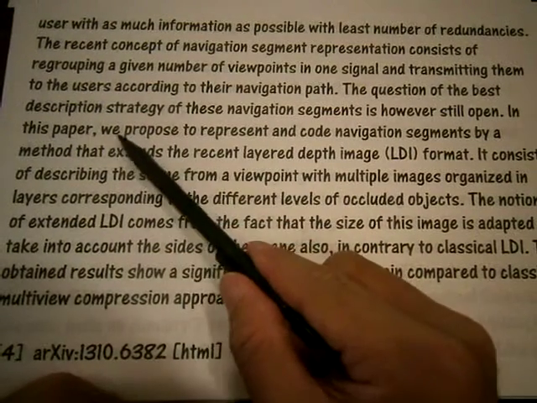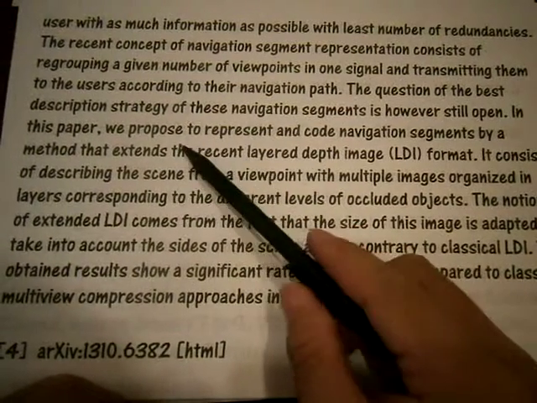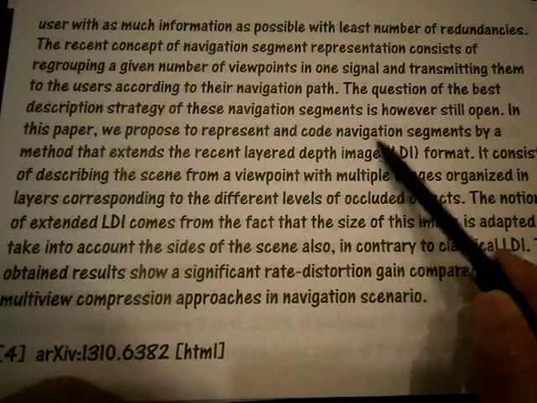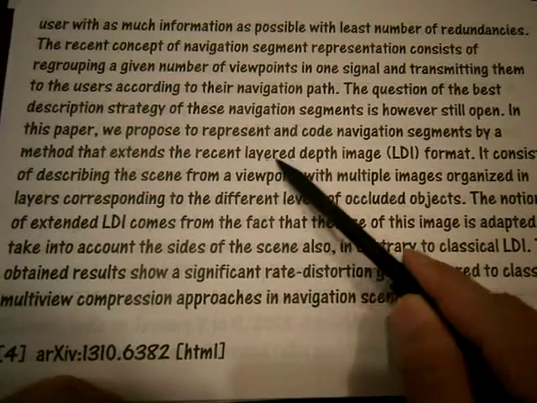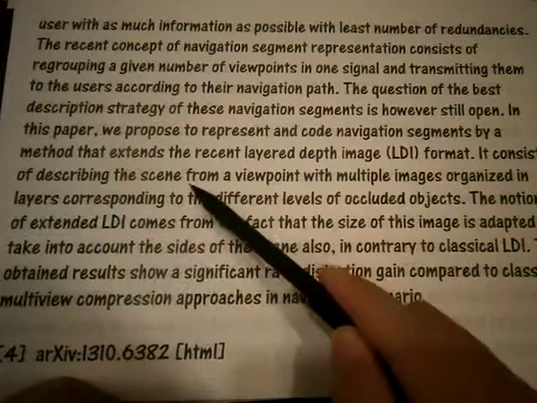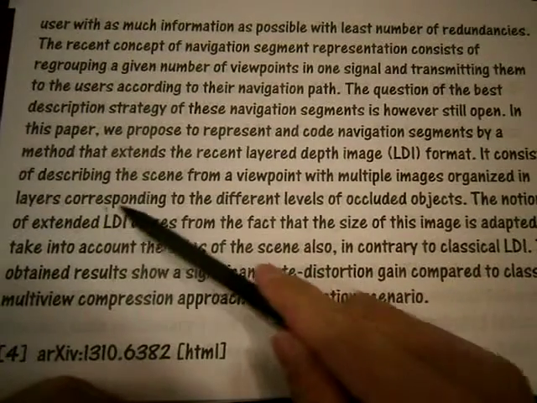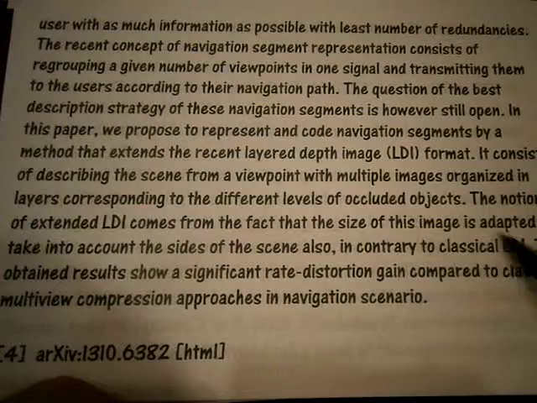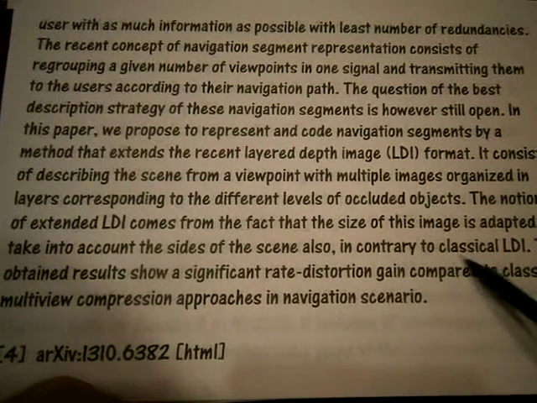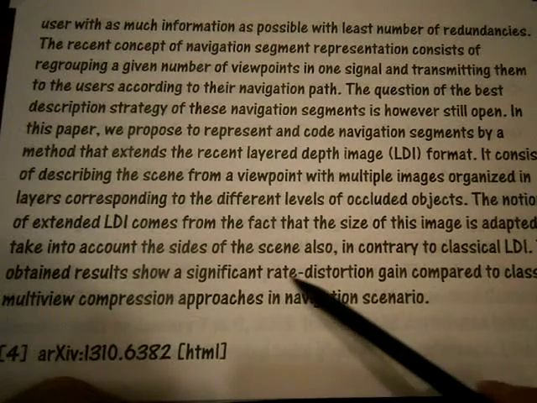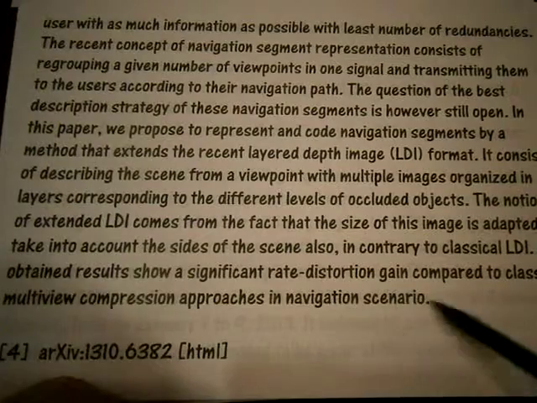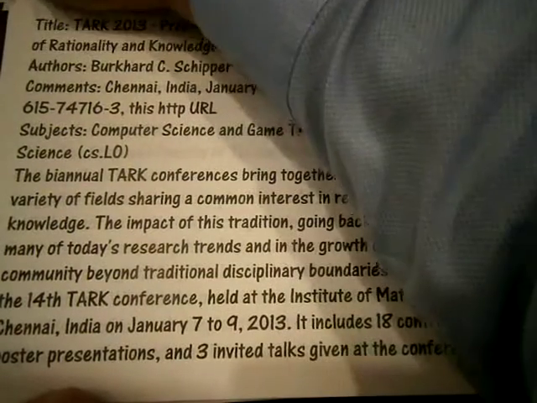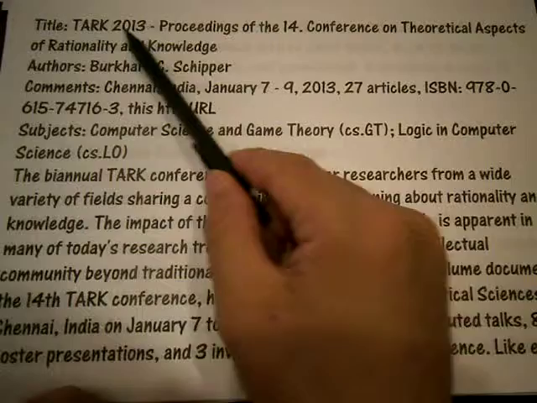In this paper we propose or represent the code and navigation segment by method by extend this recent rare depth image already format inconsistent expression see on viewpoint multiple image organization in the rare corresponds to different level local objects. Notion extended already comment for the fact that the size of image and adapted account the size assessor also encounter the classical that obtain rare significant to discuss again the complete crack the combination approach negative scenario. ちょっと線を引くのを見るとなんかバカにしているように見えます。ちょっと僕の英語力もチェックして。で、processing the conference